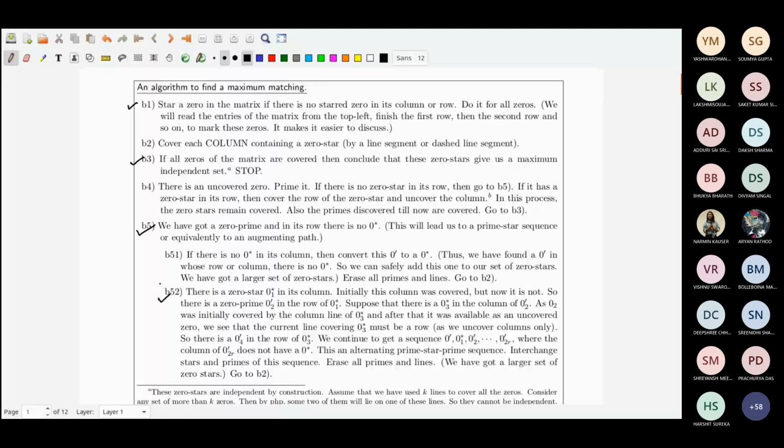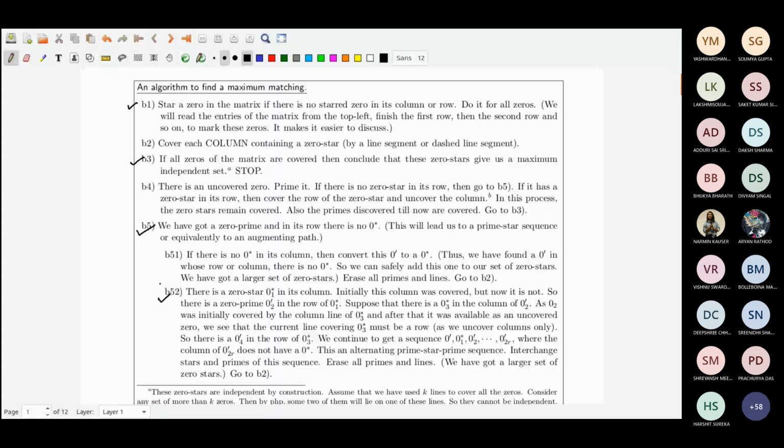If you do not have an uncovered 0, then the proof is this: suppose you have 5 stars and you have covered them by 5 lines and you do not have any uncovered 0. It basically means that the maximum set of independent zeros that you can find is 5, because you have covered all the zeros in the whole matrix by 5 lines. Then you cannot get 6 independent zeros, because by the pigeonhole principle 2 zeros will fall on a line, so they will not be independent. Okay, so either that will happen, or you will keep on finding 0 primes, but then